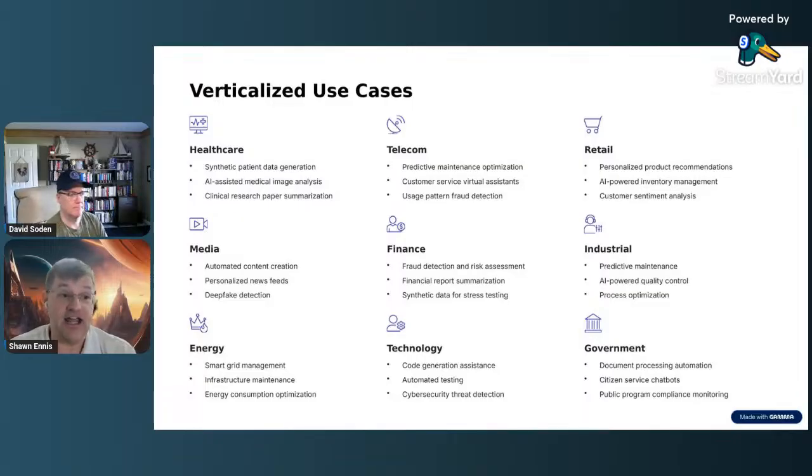Healthcare is one of the most prominent areas and one of the most difficult for AI, because most AI that you're going to use is cloud-based, and one of the biggest issues people have with AI is privacy. So if a client came to us about synthetic patient data generation, it is because what they want to do is anonymize the patient data. They want to take the data they have from a patient perspective and anonymize it so that AI can start using and learning from it.